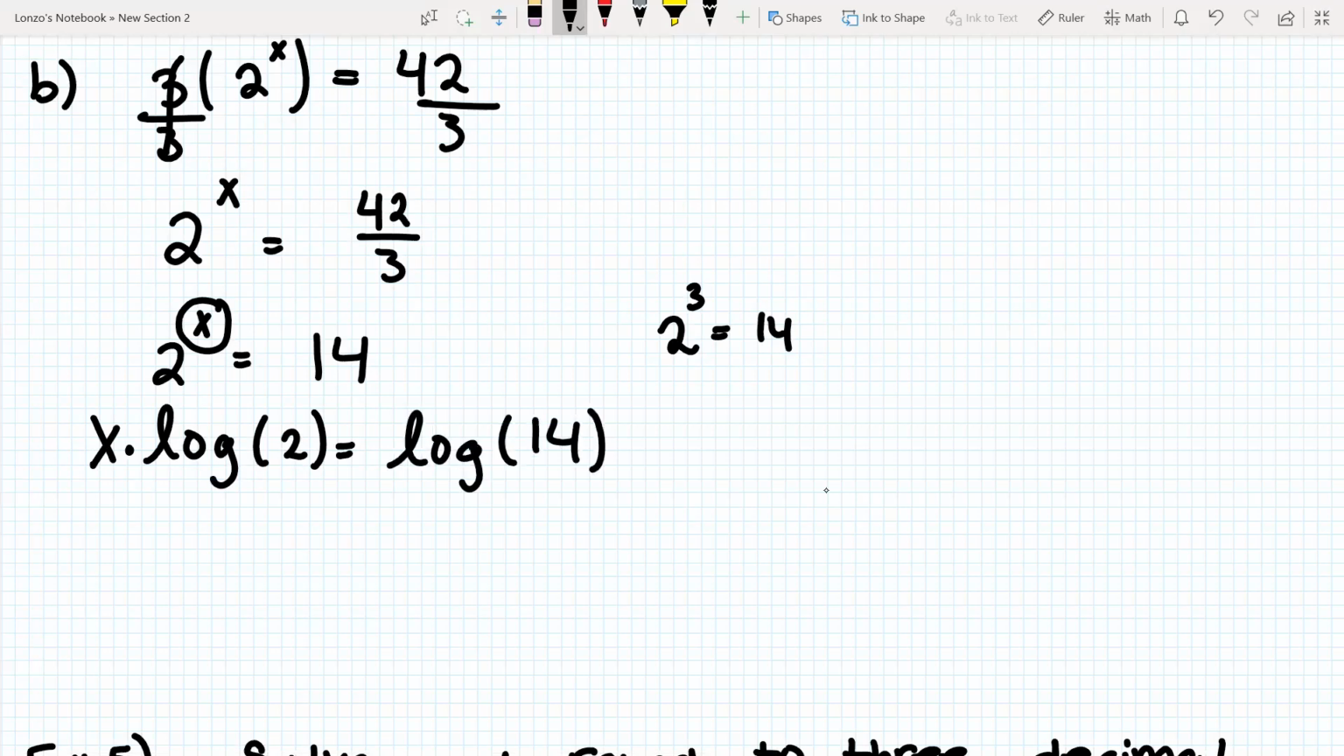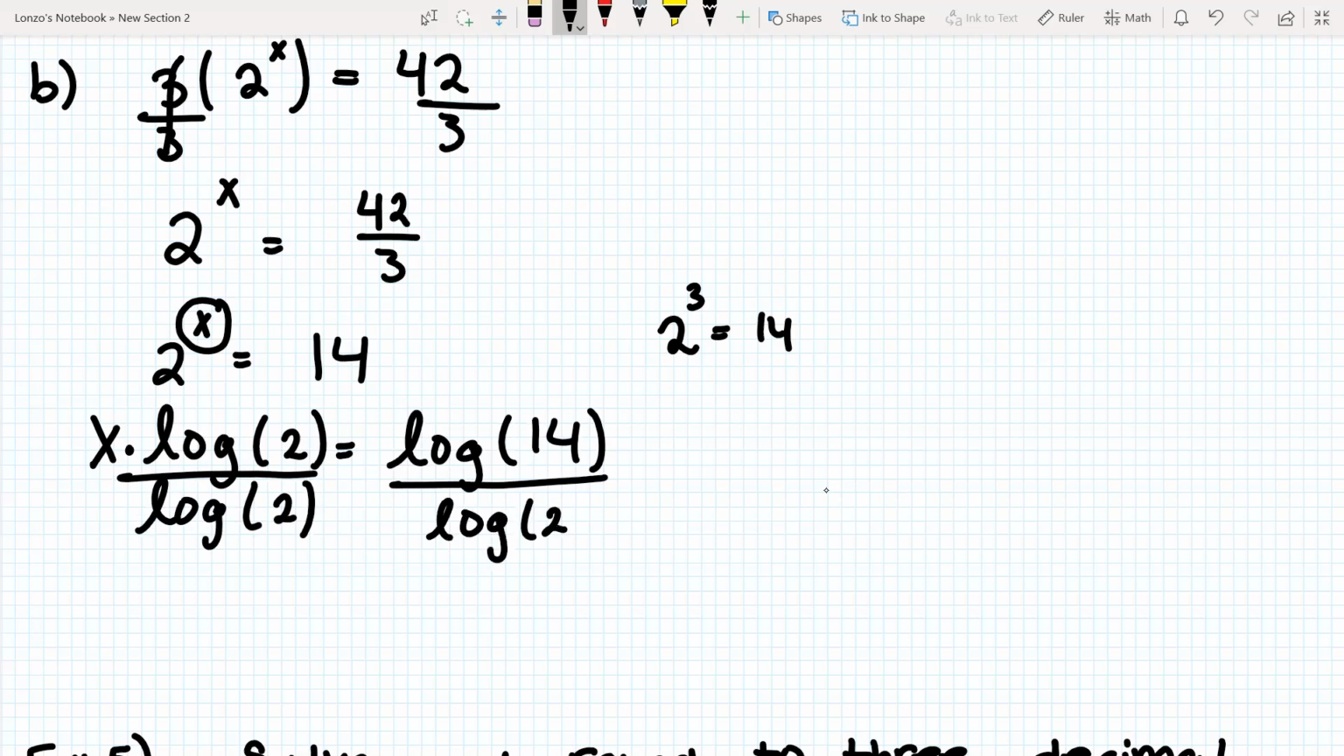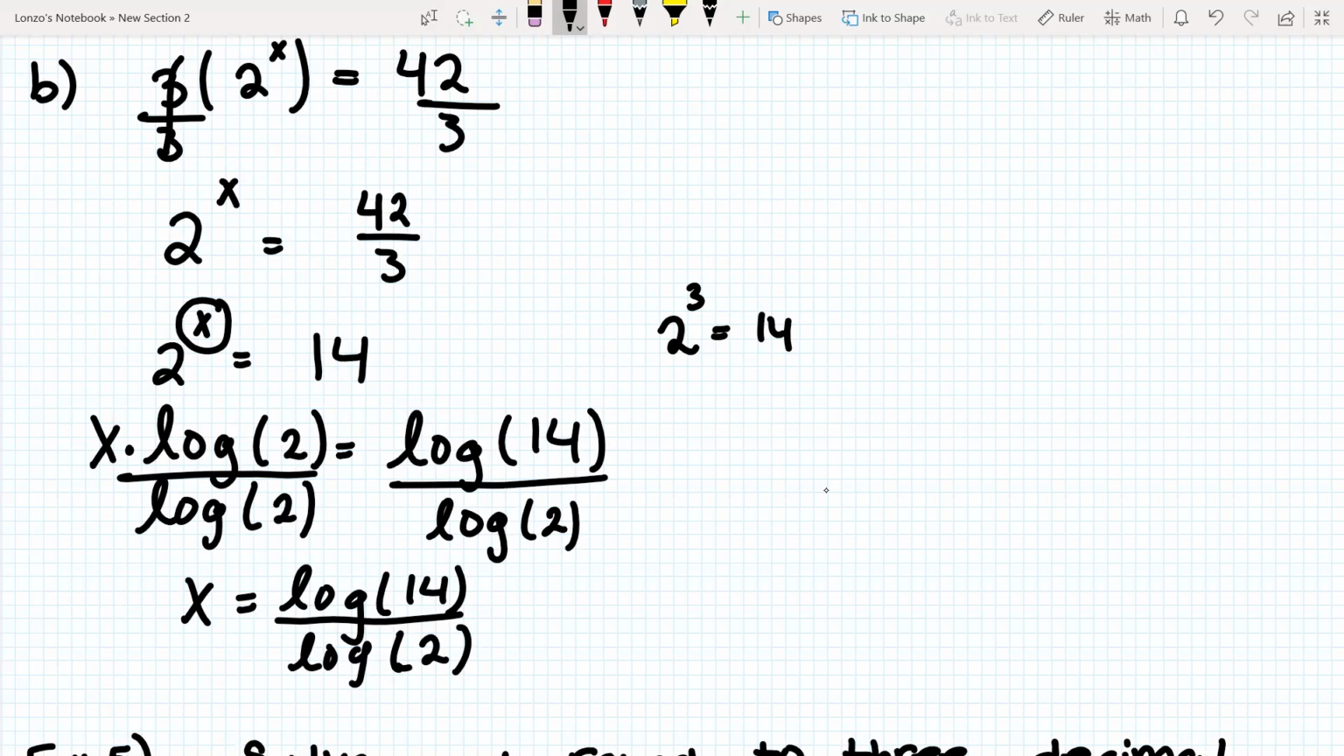Then you want to solve for x, so you get rid of this log 2 by dividing both sides by log 2. So you get x equals log 14 divided by log of 2. And then when you put this in the calculator, you will get about